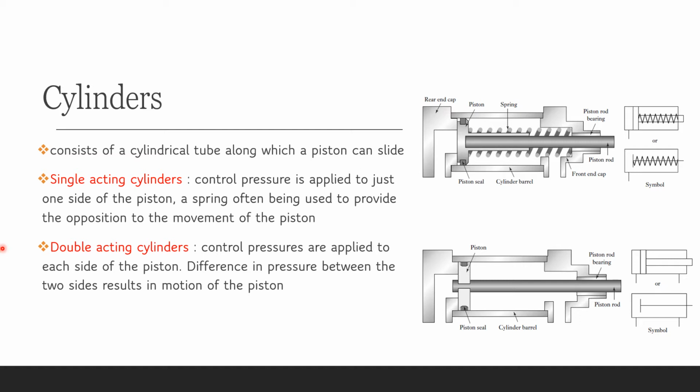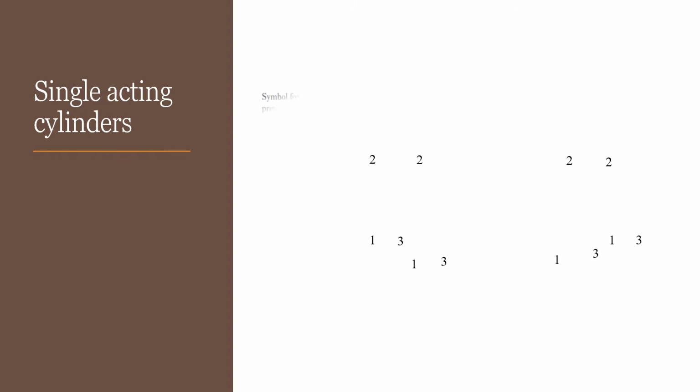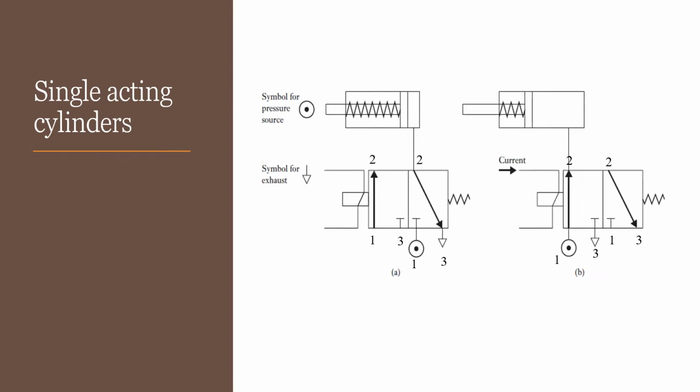Now in the case of a double acting cylinder, the energy will be applied to both sides of the piston, and the difference in pressure between the two sides will result in the motion of the piston. The action of the energy by the compressed air will be changing periodically by a mechanism. So we will now see how a pneumatic or hydraulic system for a single acting cylinder can be